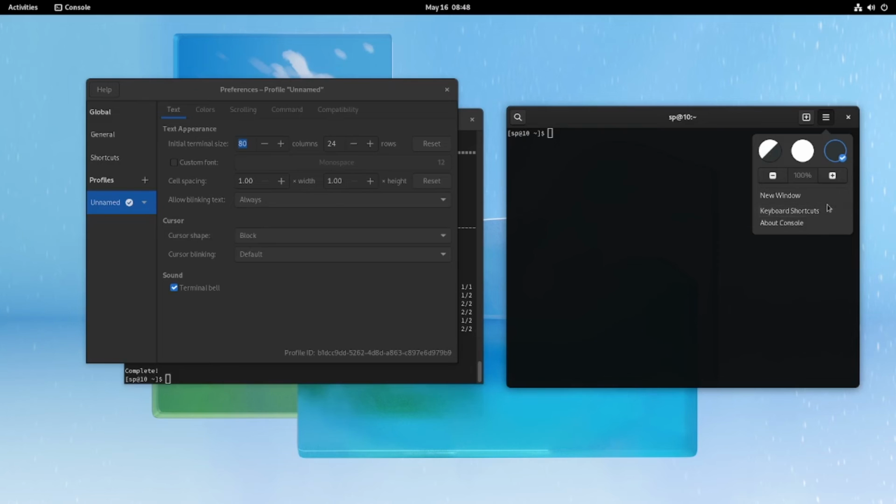I cannot add a profile that I can use. Maybe this is the difference between the old GNOME Terminal and GNOME Console.